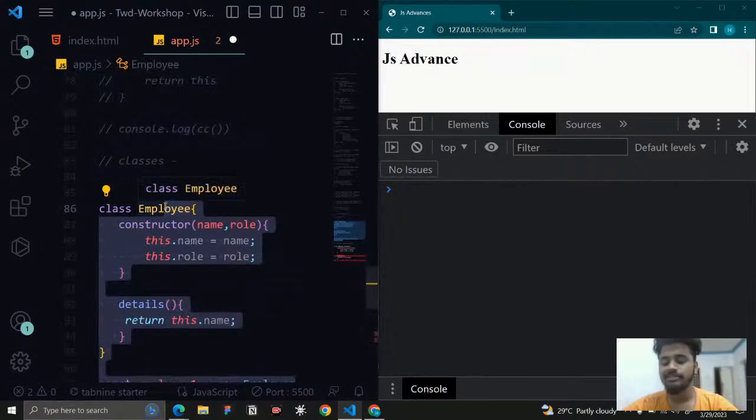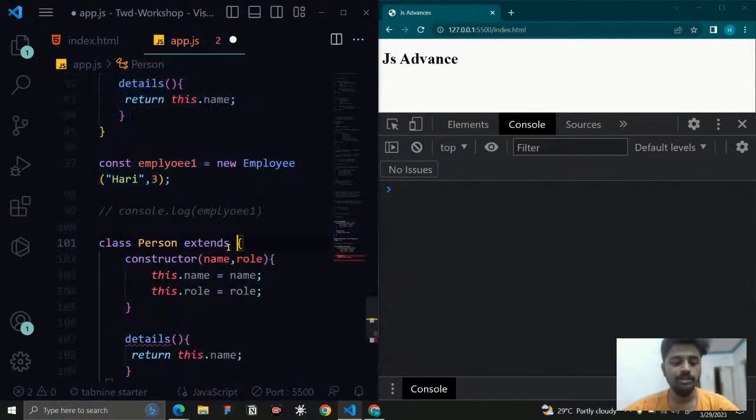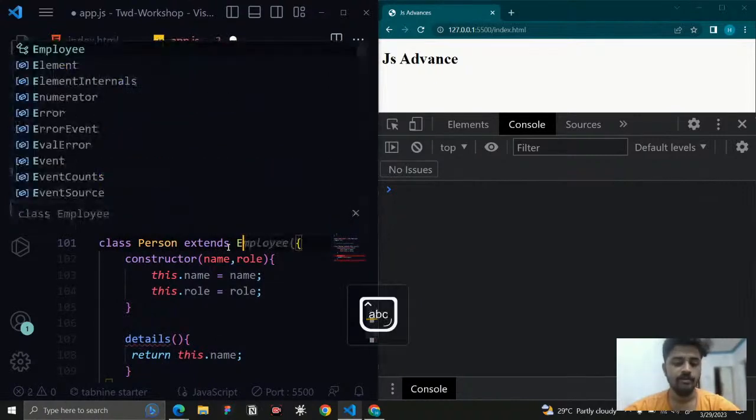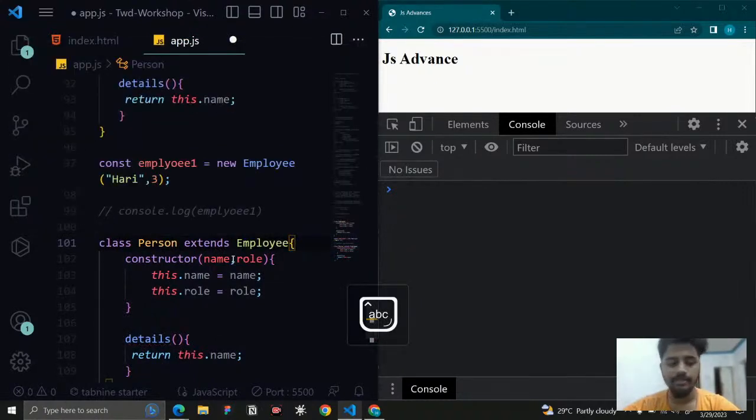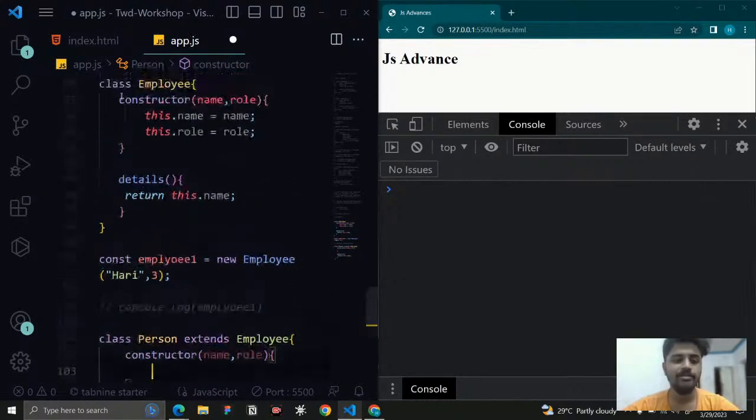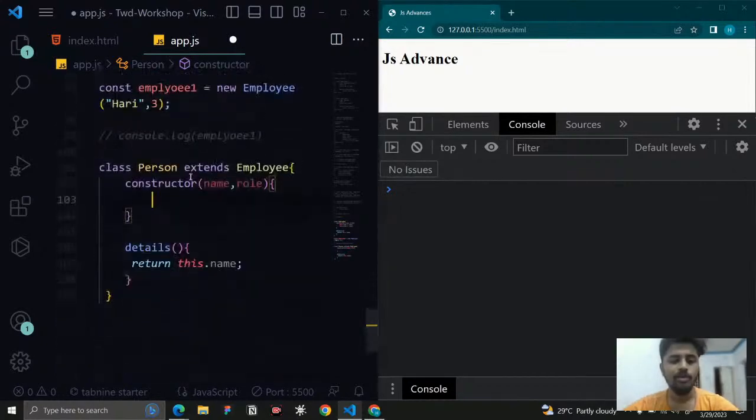So which means I need some syntax that matches this employee. I am just going to mention what the prototype is. It is going to be employee, right? I simply mention it. And now in the constructor function, we don't want to write every time this.name equal to name, this.role equal to; we don't want to write it. Simply, we need name and role. I can just simply say